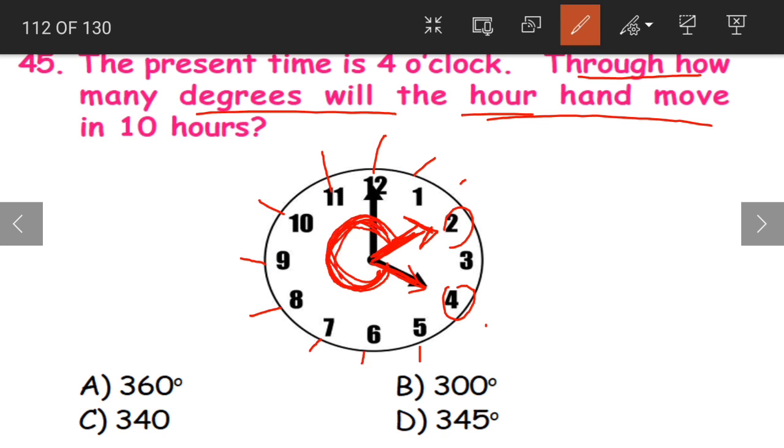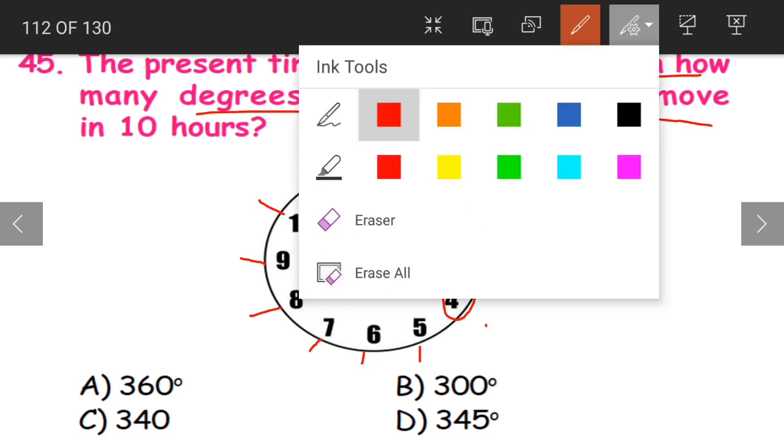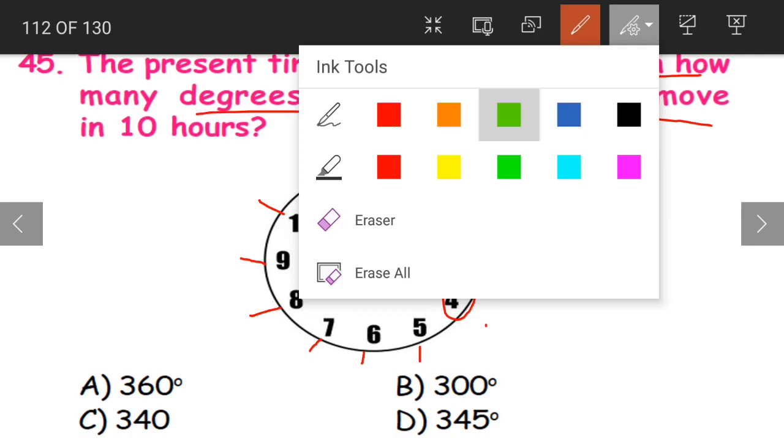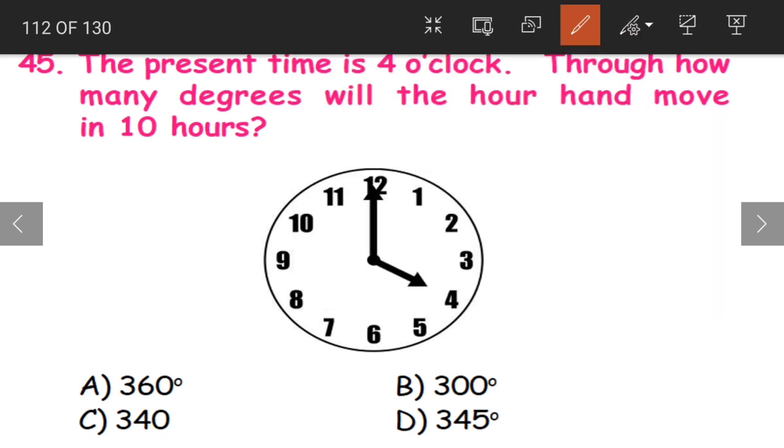From 4 till 2. This circle, the circle that I am showing here, we are going to find out that angle, children. Normally, what do we find out? This green part. Yes or no? But here we are going to find out the red part. How much has it moved? Now to find out that, what can we do?